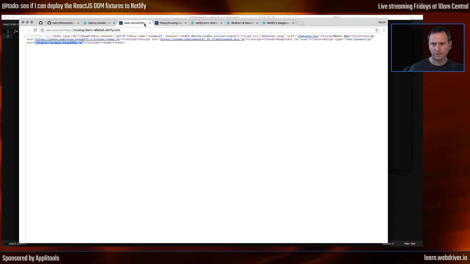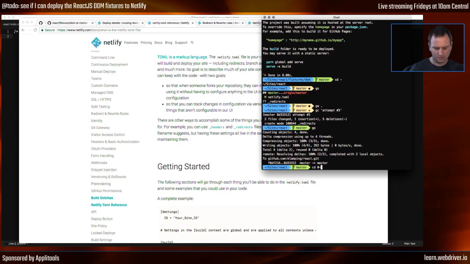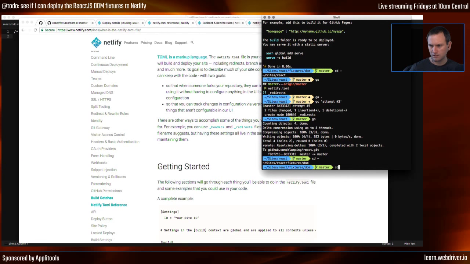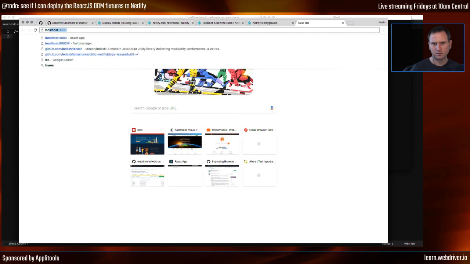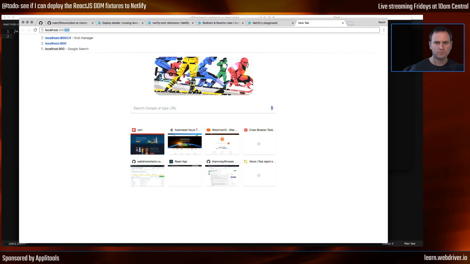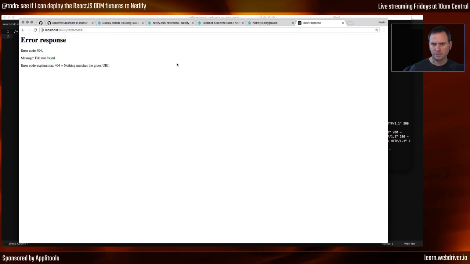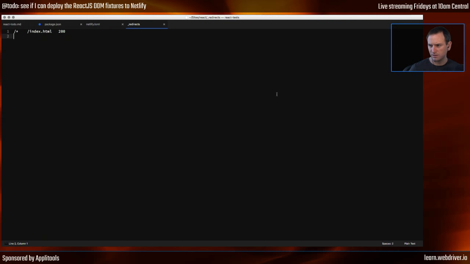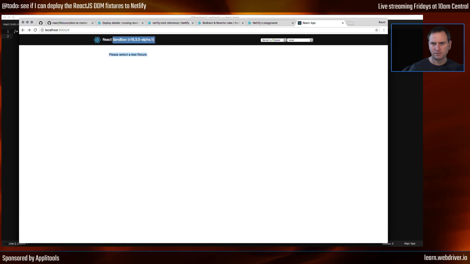So I can close out that and that and that and that, just so you'll know what this looks like. I go into build and then I'll just run a server. So you have a fixture, so let's say text areas we want to test out. This is kind of what was happening on Netlify, it's trying to load the text areas page instead of just letting this index page load it. So I need to